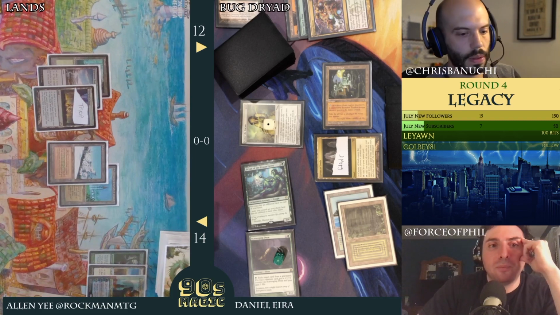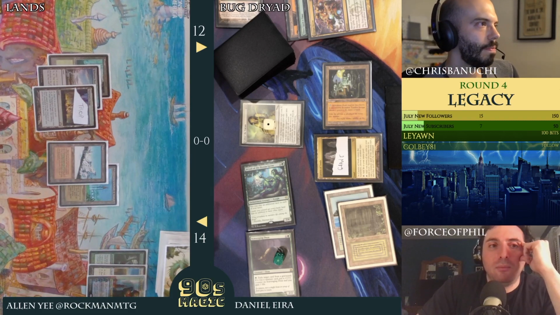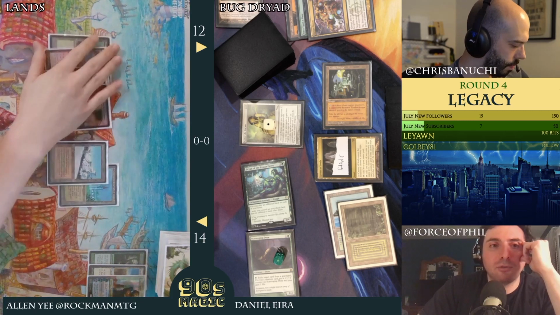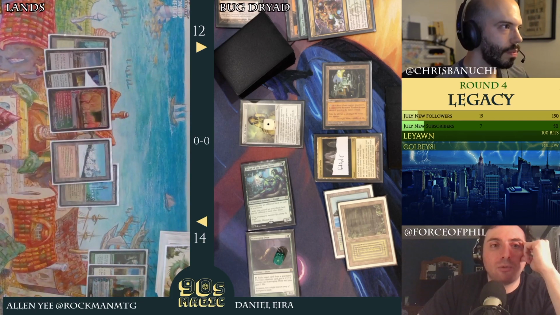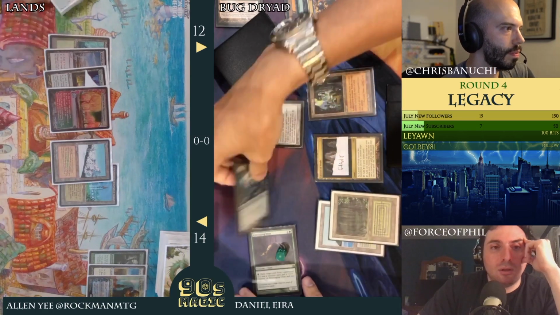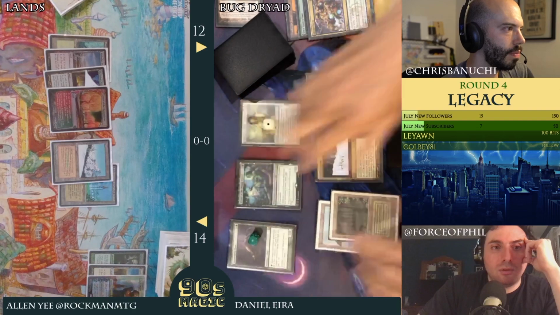So you could get him dead, but you expose yourself. So Daniel decides to play it safe. So we see a Grove. So we don't have,